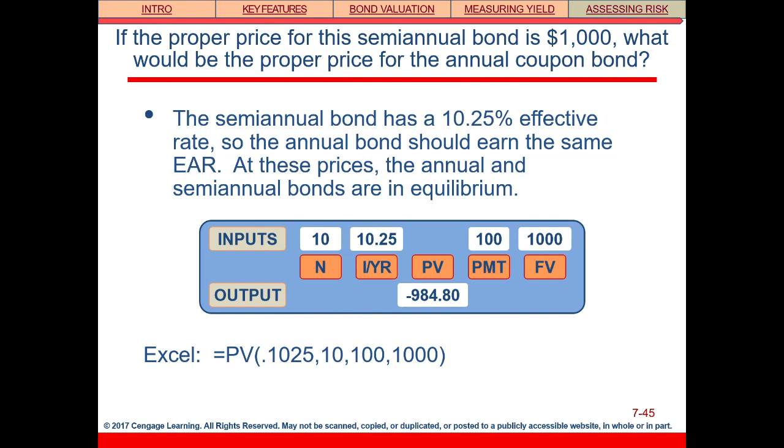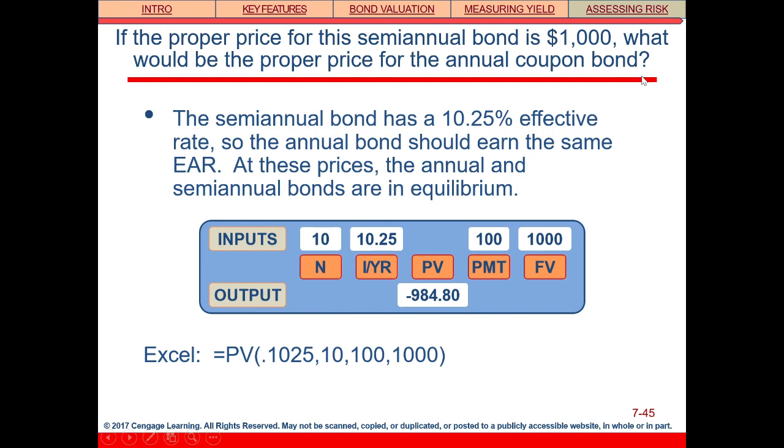We don't know the PV. That's what we want to know. We know the N, that's 10 years, right? And we know the interest, we don't know the market interest rate, but we know the price for the semi-annual coupon bond. Therefore, we can use the price of the semi-annual coupon bond to calculate the I/Y, so the market interest rate, and then we use that market interest rate to calculate the PV for this